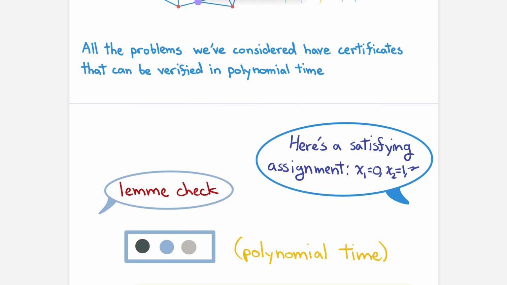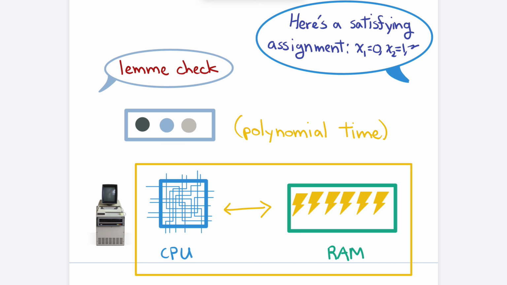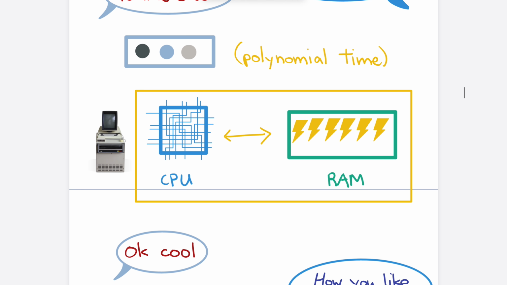That's the central part here, right? So that's some computer executing some polynomial time algorithm, right? So Ben Affleck is a Xerox Alto, and he'll spend polynomial time checking the satisfying assignment before confirming